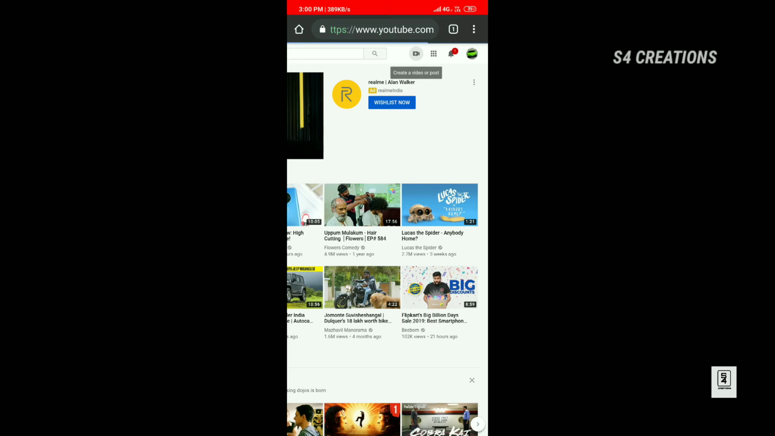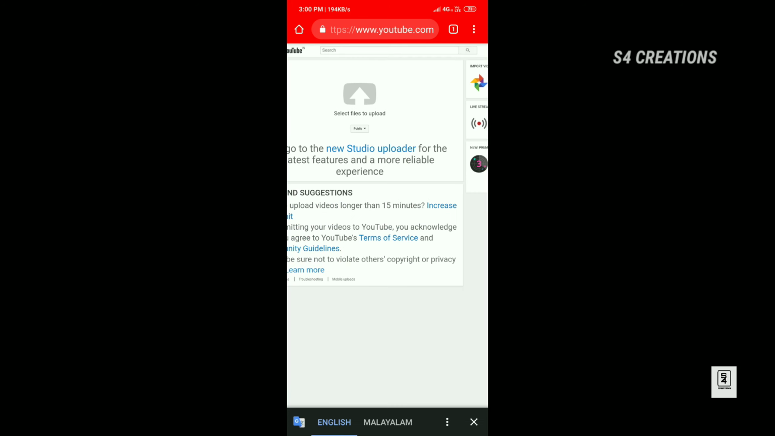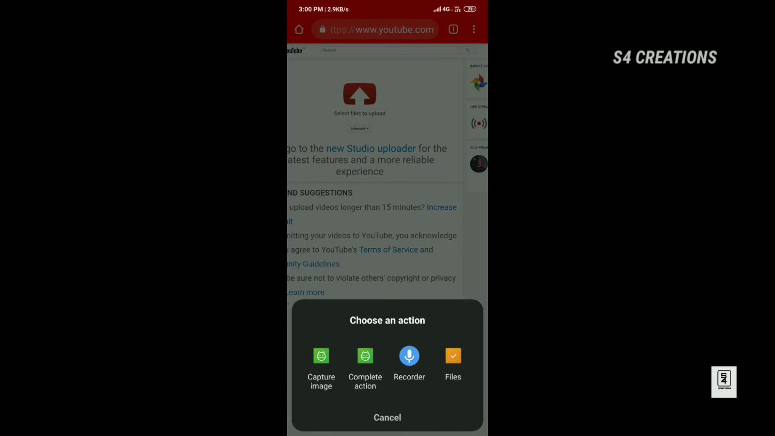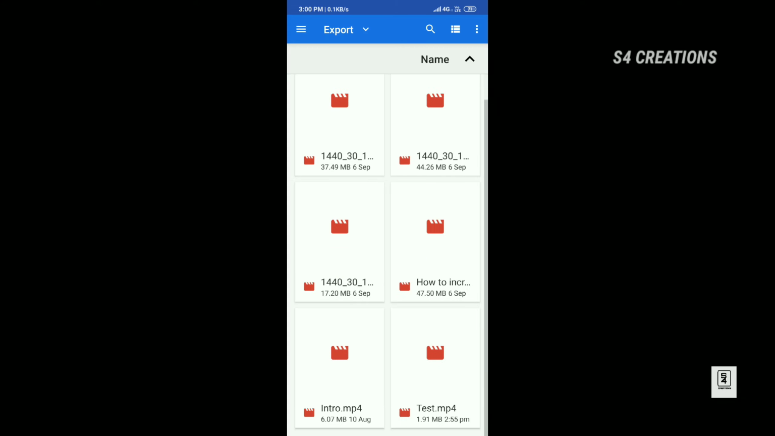And tap on the camera icon and click on the upload button, and this is the important part. You need to select the scheduled option, then only you can upload a video as scheduled. Select the video you need to upload, just select the video from the file where you saved it,